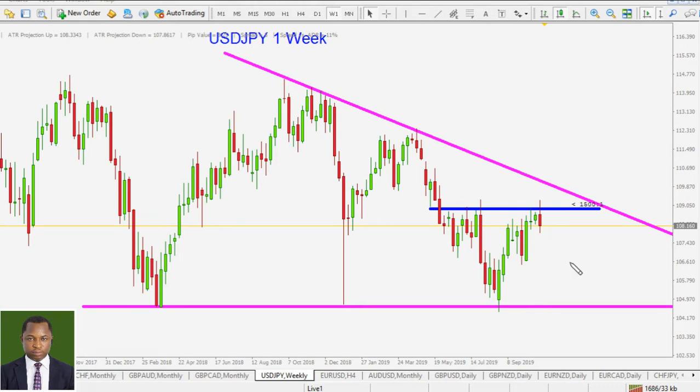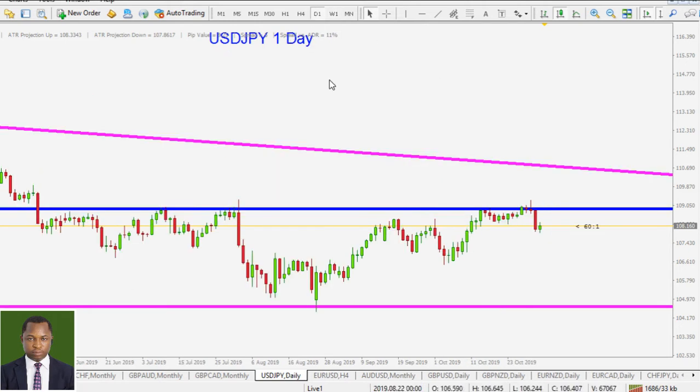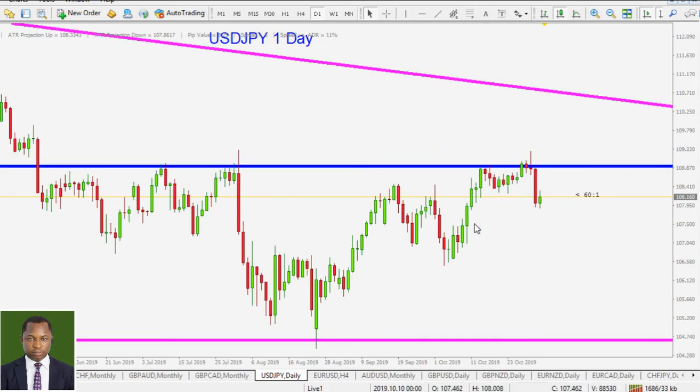But again, as established in the monthly time frame, the best place to look for short entries is just around that level there. So if price pushes, advances to that area, then we'll be looking for short entries. If you are taking any short entry here, you know that is not the optimal zone, then your stop loss must be somewhere around that area. In case price makes advances to that area, then you have to be safe, maybe somewhere around in there or here.